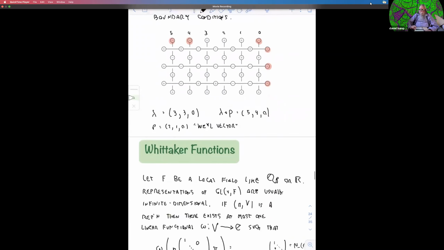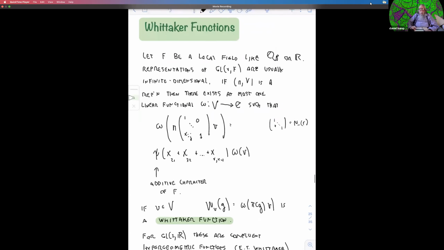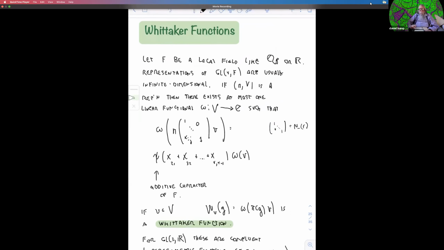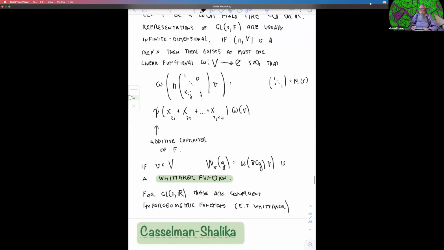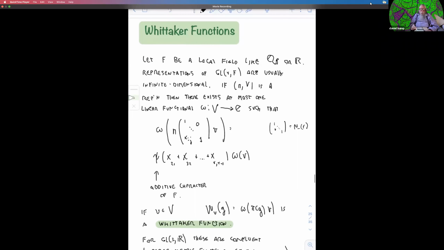Okay. Now, I want to talk for a minute about Whittaker functions. So I want F to be a local field. It could be the p-adics or the real numbers. I'm going to consider representations of this group GL(r, F). That's non-compact and it has infinite dimensional representations. Most of the representations are infinite dimensional. And if you have a representation, maybe I should say an irreducible representation,